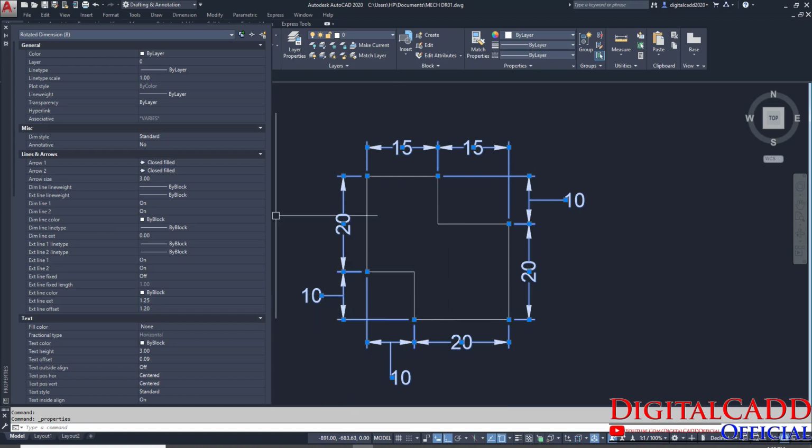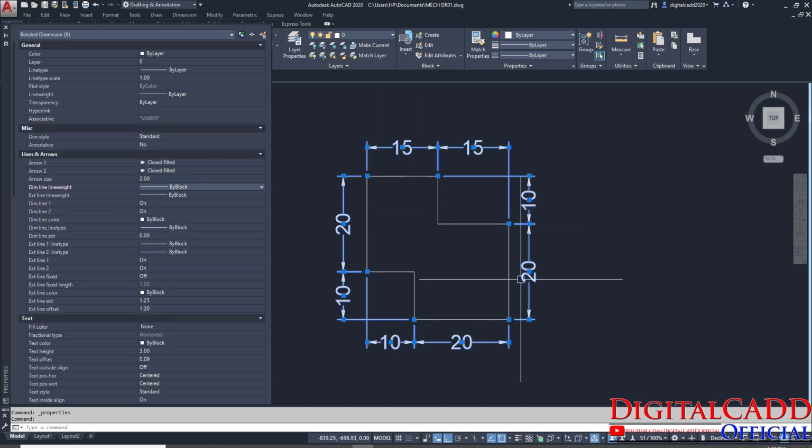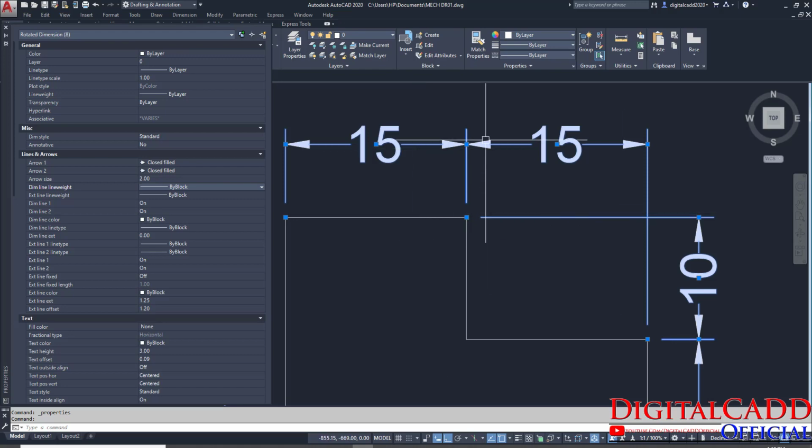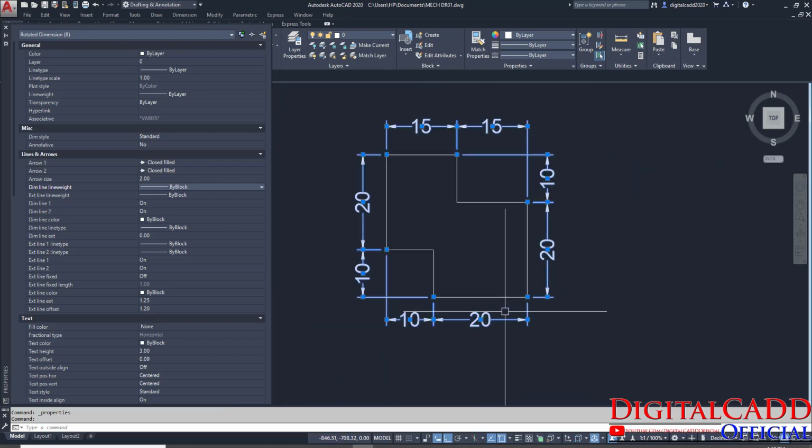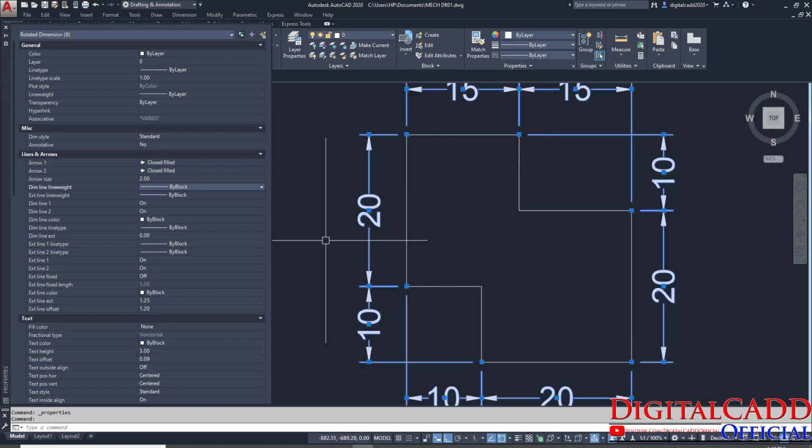Here we have arrow size, by default 30. For the other drawing, make it 2. You can see here every arrow became smaller. And if you want to change the text size, then here we have text height option.